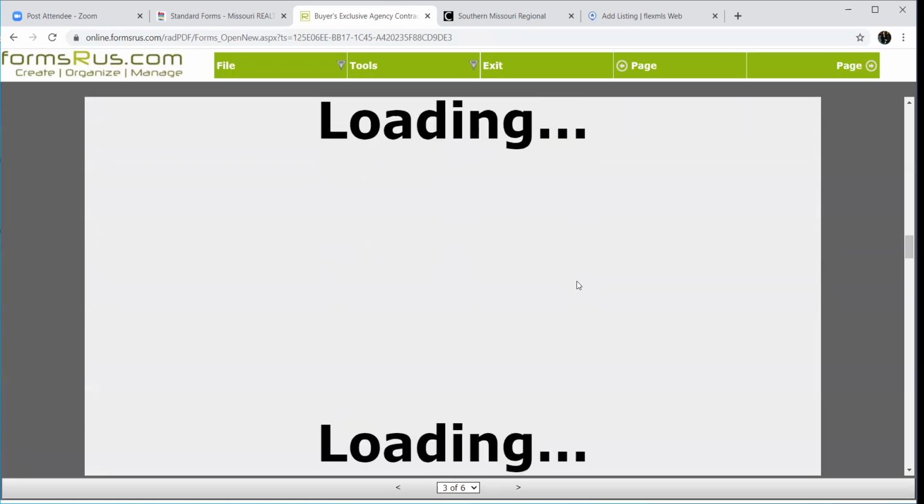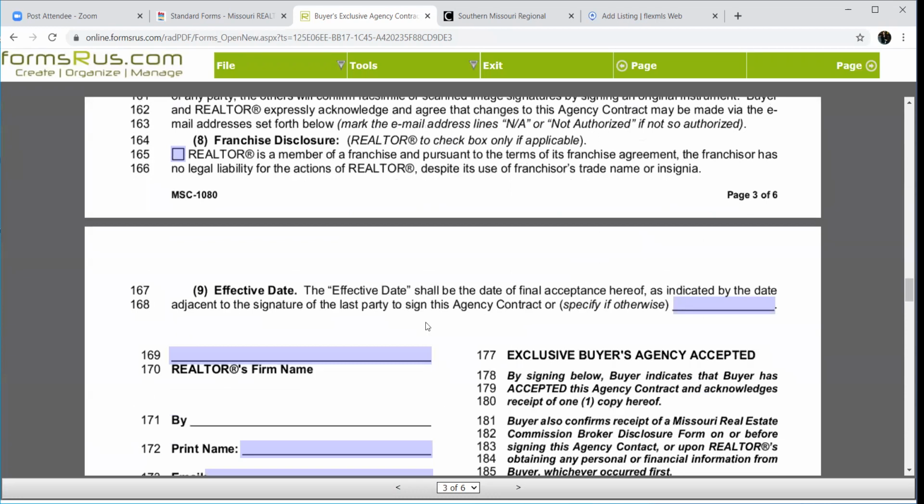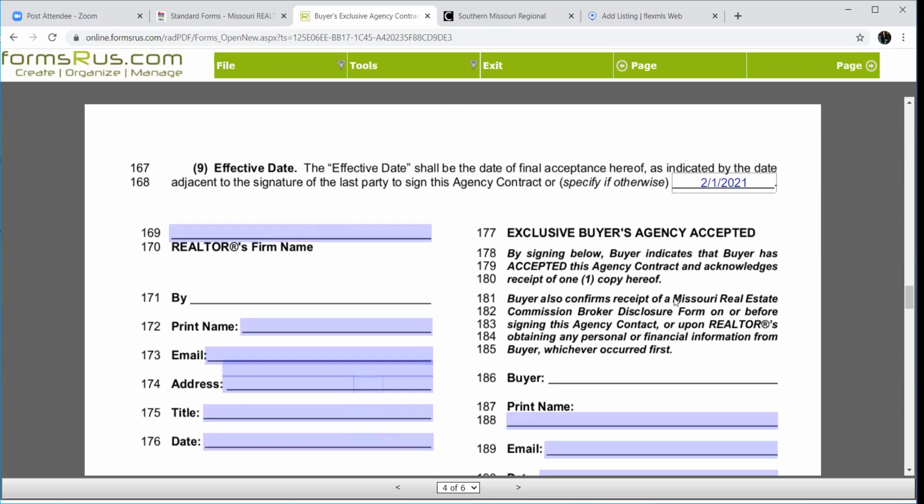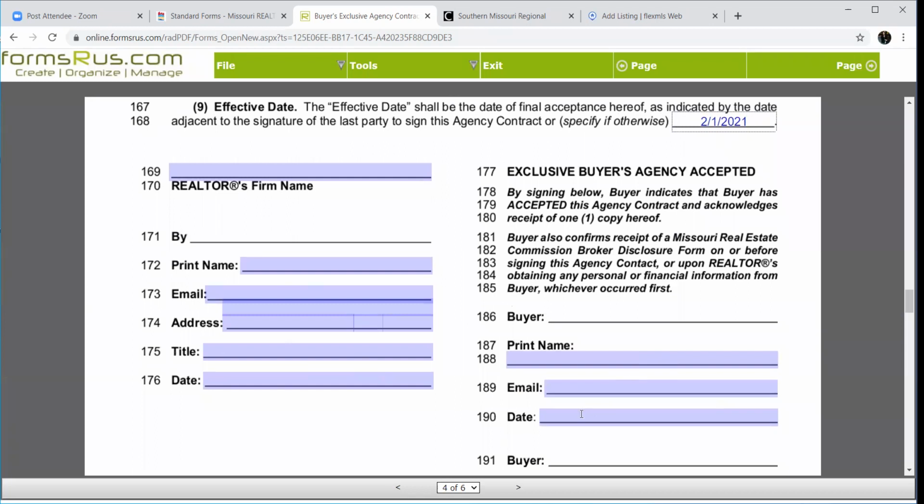And then you would come down here, same as with the sellers. Really, the only time that you're going to use number 9 is if they are under another agreement and you need to put the date that yours actually begins. Because same as we talked about before, if the buyer says, I'm not going to be ready to look until February, and they sign it today, and you make this February 1st as far as their effective date is concerned, and I meet them on the 31st of January and get them under a buyer's agency agreement, I win. Because mine took effect before yours, okay?